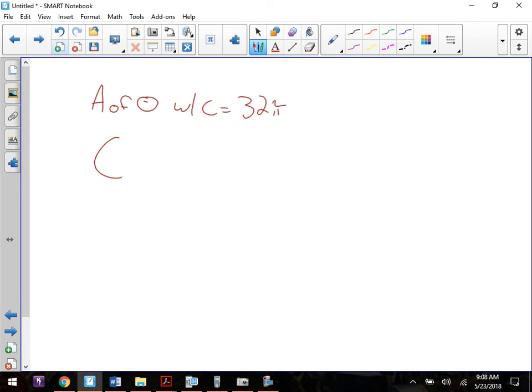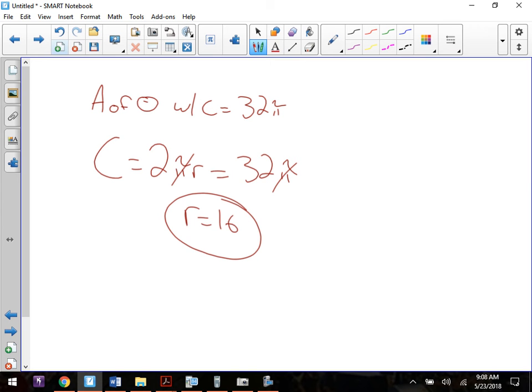If circumference is 2 pi r, and it has to equal 32 pi, well, what's pi divided by pi? It's 1. What's 32 divided by 2? That gives you a radius of 16, which means you then use that radius in pi r squared to get the area. So 16 squared pi,